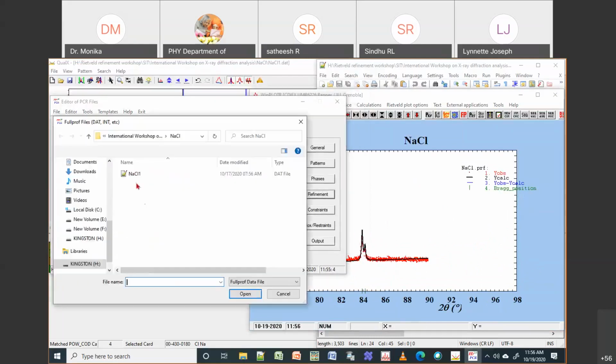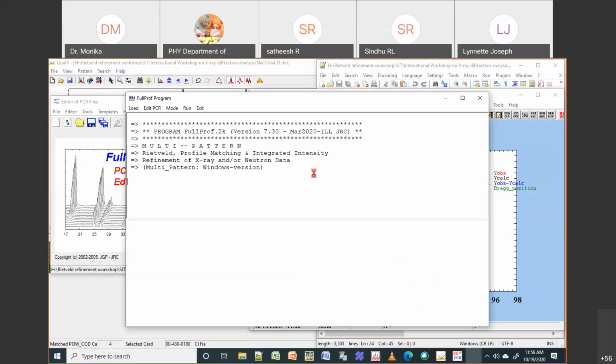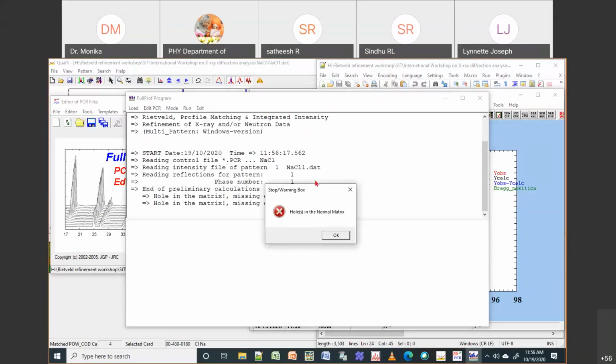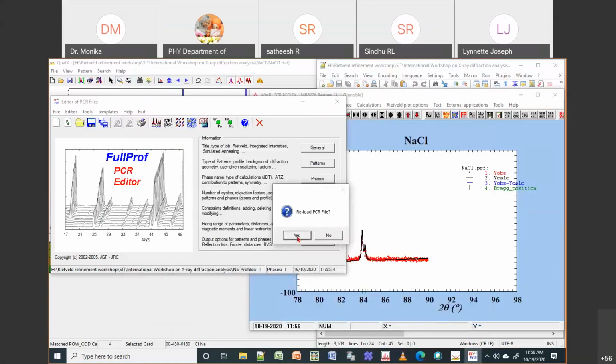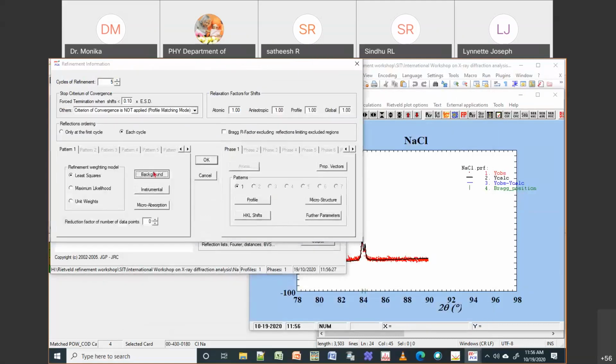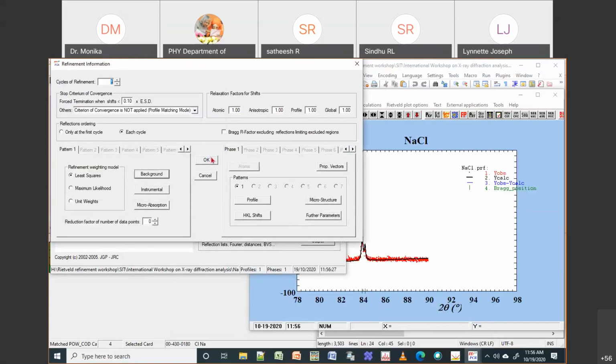So if I run now, then it will give an error that there are some holes or something. Okay, so it gives holes in the matrix. It is because there are two values which are out of the range. Okay, so now what I will do is I will remove these 2 points. Okay, then I will again run it. I will save it and run it.